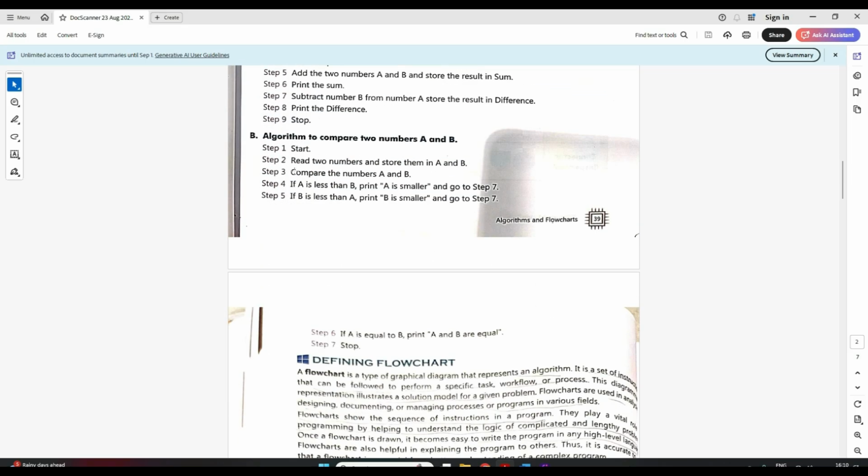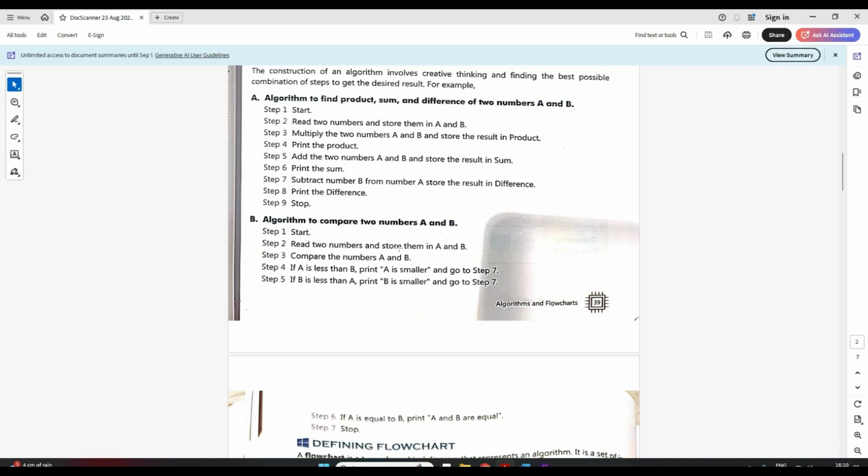Now let's move on to the next algorithm, to compare two numbers. Now see here, just think, what is your input? Input is very simple. From this you can make out a and b are my two inputs, right? Now what is the output here? Output here will be which one is greater. I have to compare, right? Which one is greater and which one is smaller out of the two numbers. So the output will be less than, greater than, or equal to, that I have to find out, right? So what I'll write: start.